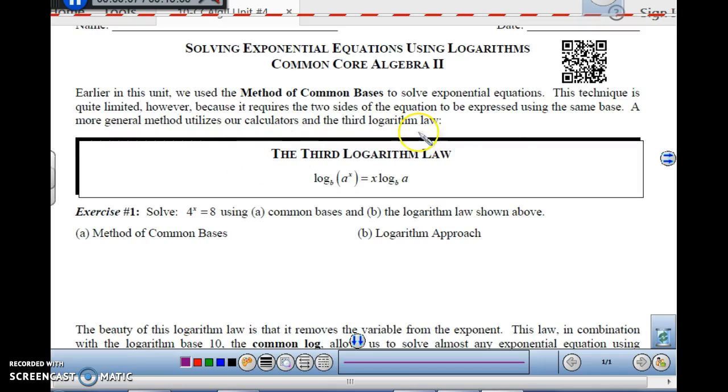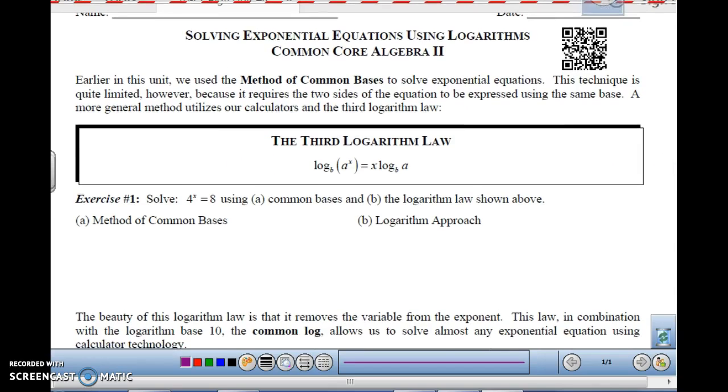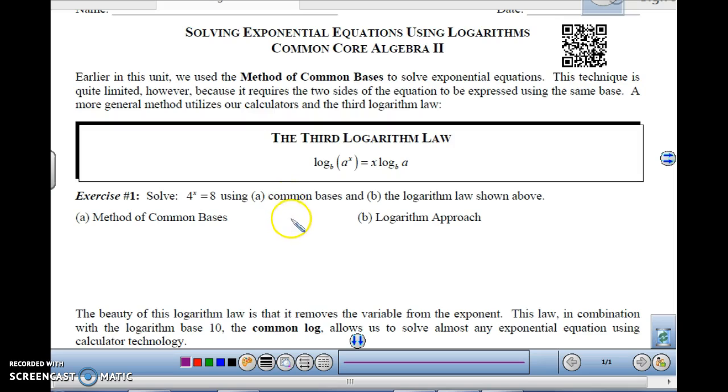This is Algebra 2, Unit 4, Lesson 11 on solving exponential equations using logarithms. Okay, now we've solved some exponential equations already using the method of common bases. Now this technique is quite limited because it requires the two sides of the equation to be expressed using the same base. Now you can actually solve equations that do not have the same base by using the third logarithm